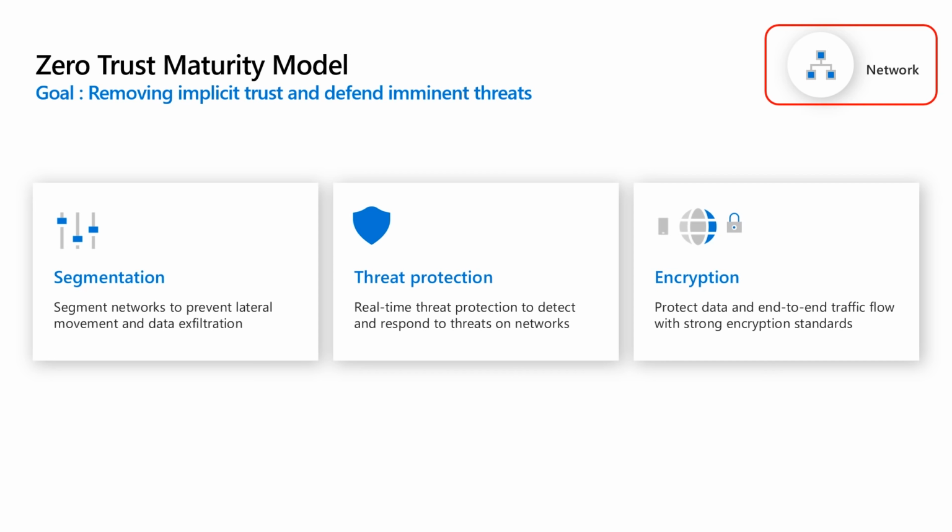And with respect to encryption, we have a number of tools with which data could be encrypted. Customer applications can use things like SSL and TLS to encrypt the data. And when they're connecting from on-premises, they can use things like VPN gateway to encrypt the data. And within the cloud, Azure offers a number of different ways to encrypt the data.